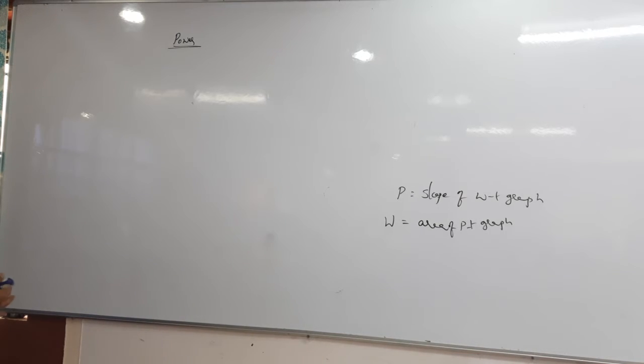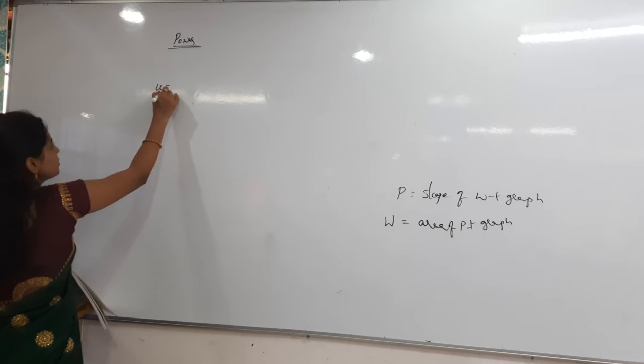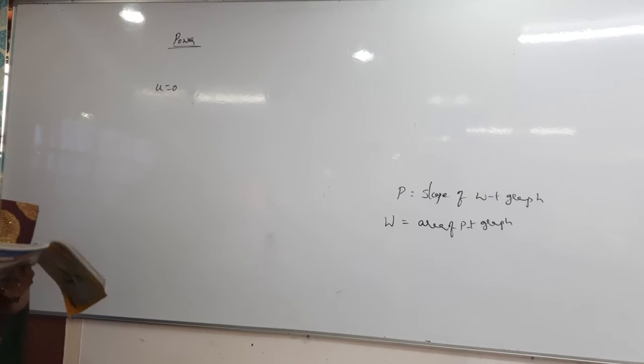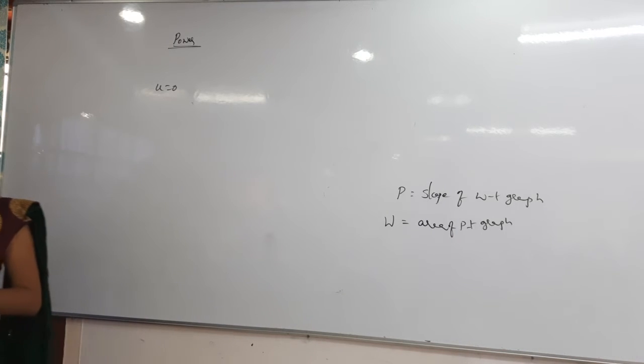I said that an automobile is moving with what speed? They said anything? An automobile of mass m moving from rest. U is equal to how much? They said U is 0. Moving from rest, U is 0. It is important, the relation is important. So an automobile of mass m moving from rest while the engine gives constant power of P.